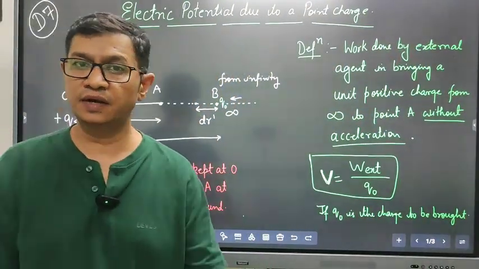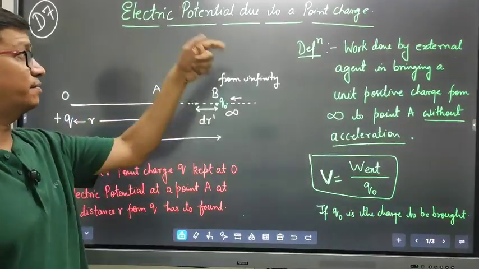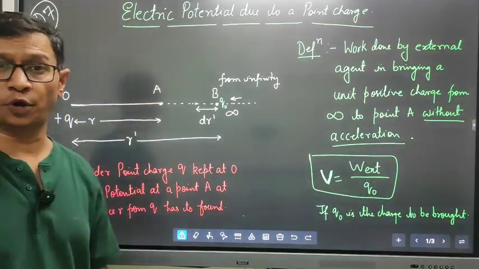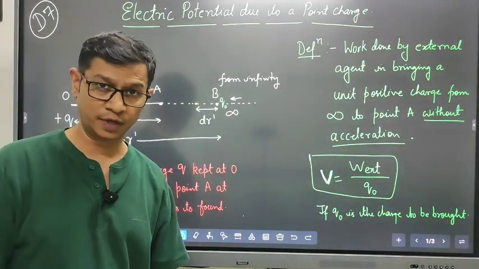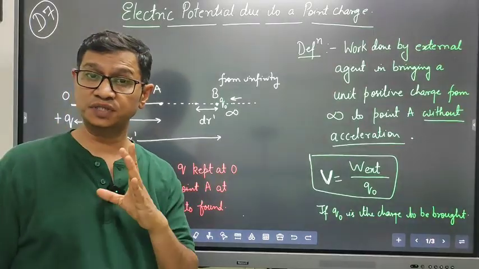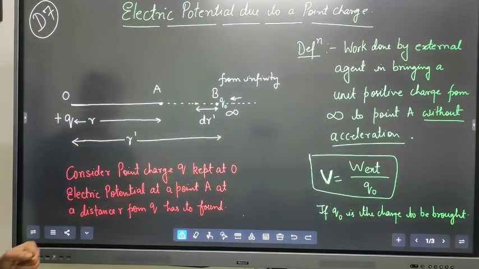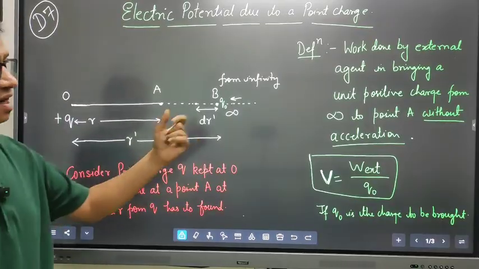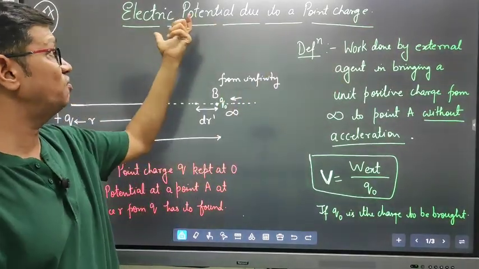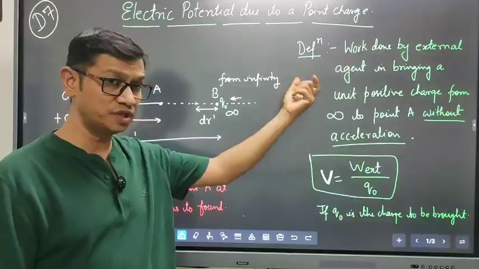Hello dear students, next derivation: electric potential due to a point charge. This derivation involves integration. Derivation number is 7. So first, just understand the definition of electric potential, because we will use this definition to